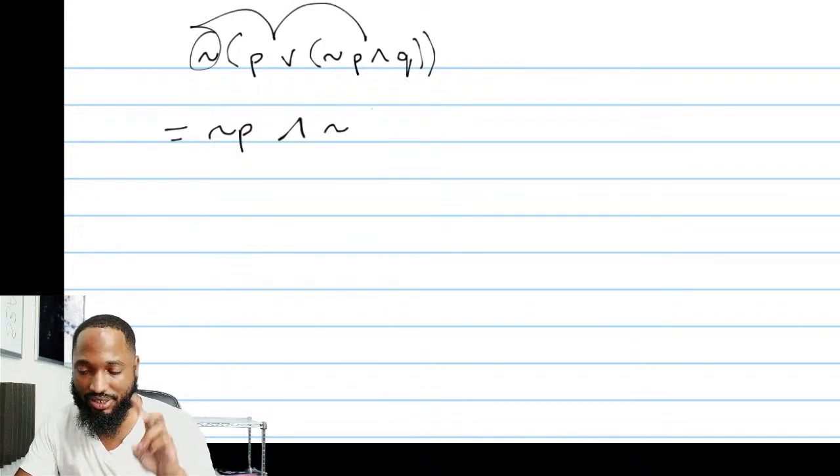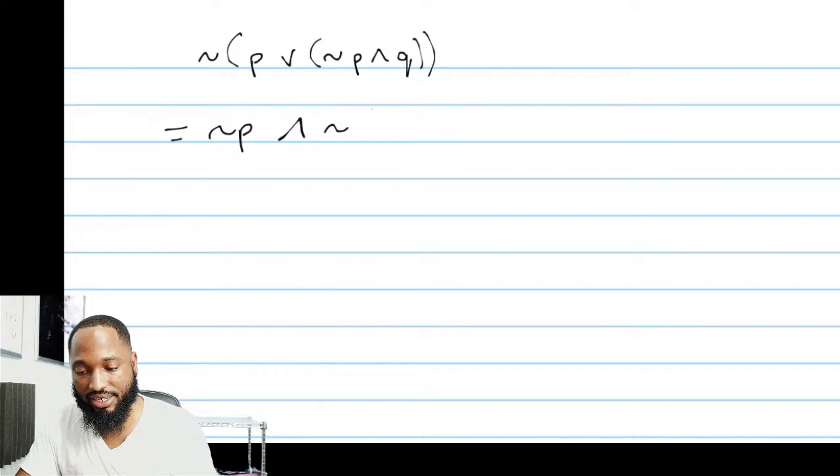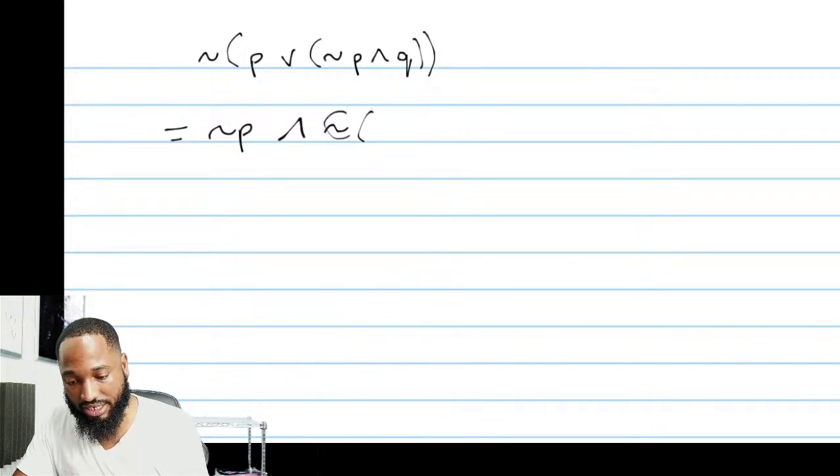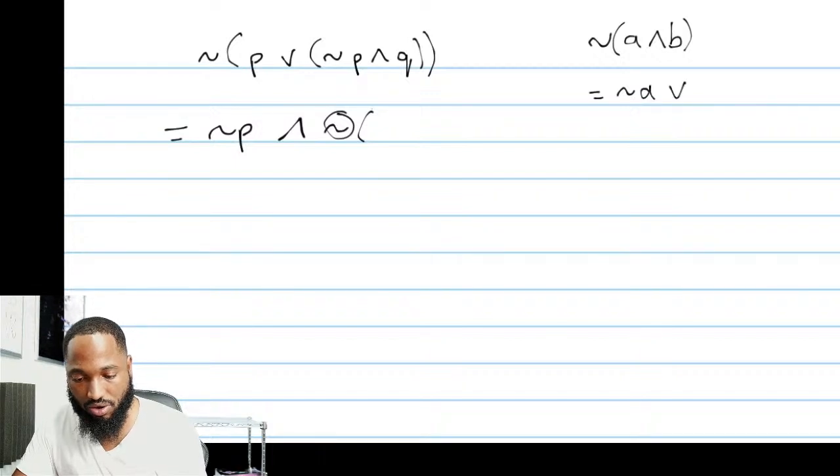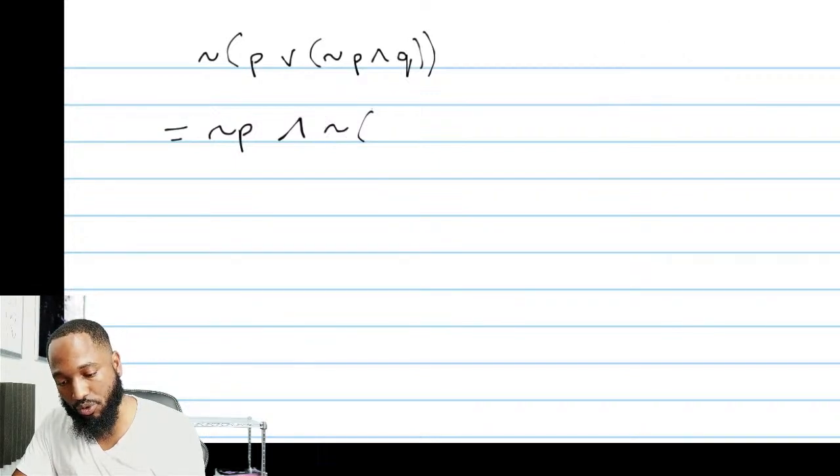When you're distributing, that negate sign flips the one in the brackets. So that's going from an or to an and. And it's this rule: not (A and B) is the same as not A or not B. So this whole thing is just like one term. We're just treating it as one term for now. Boom. Not P and Q.